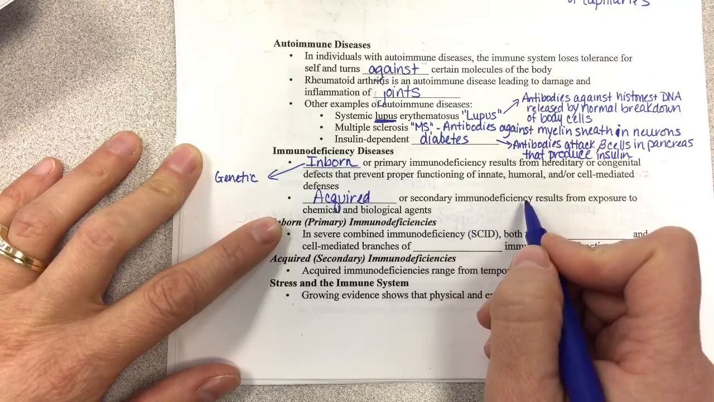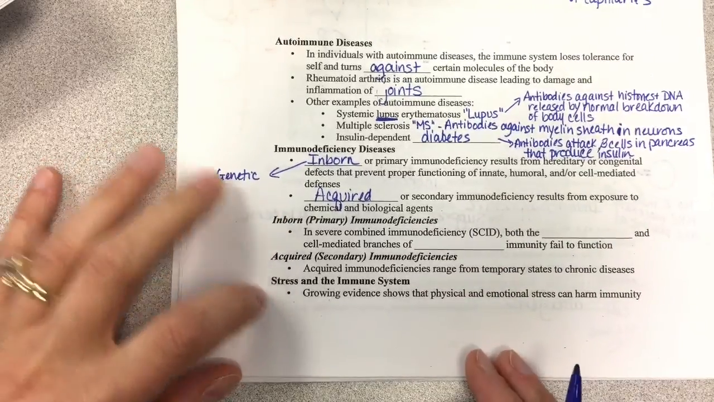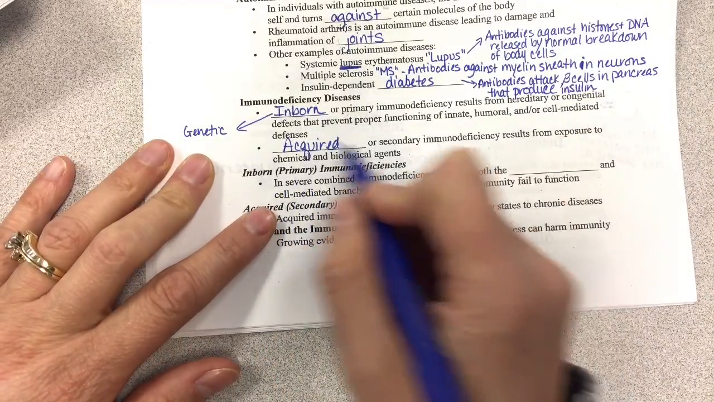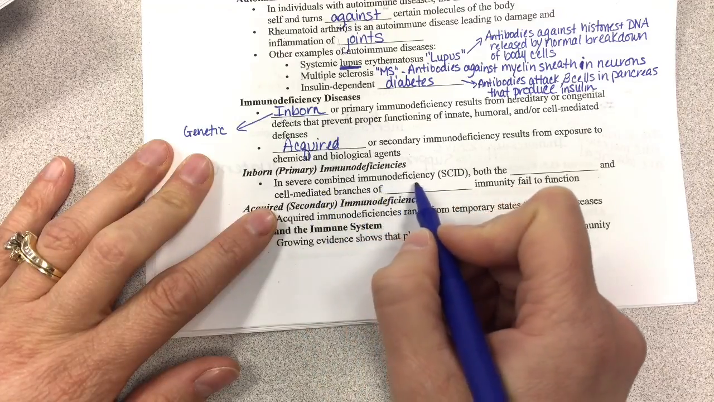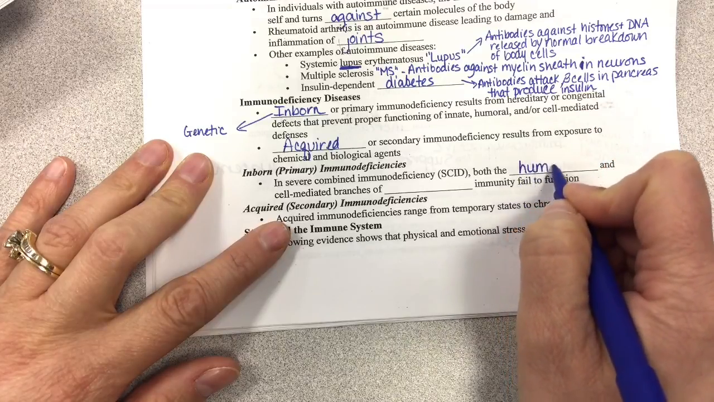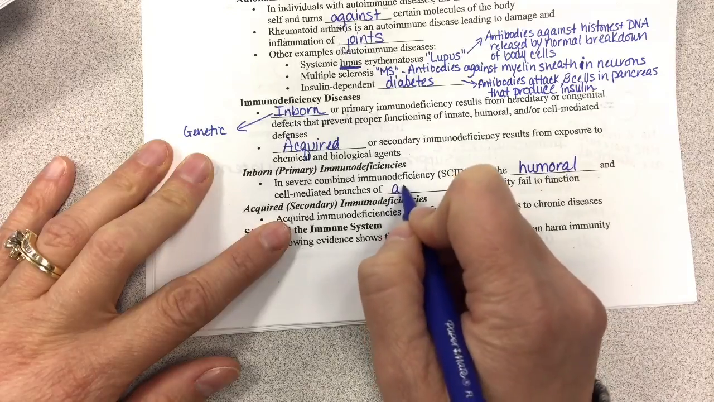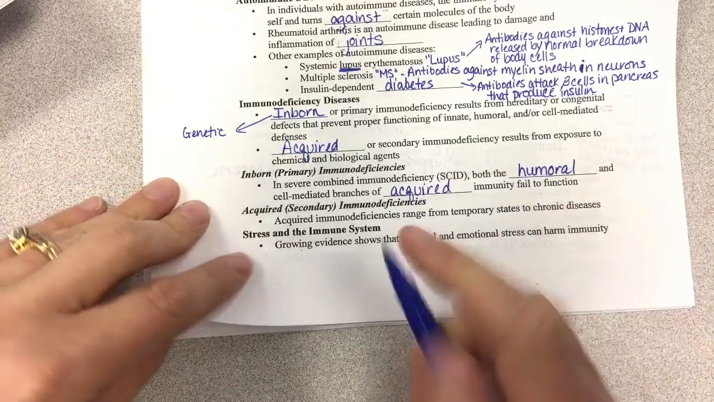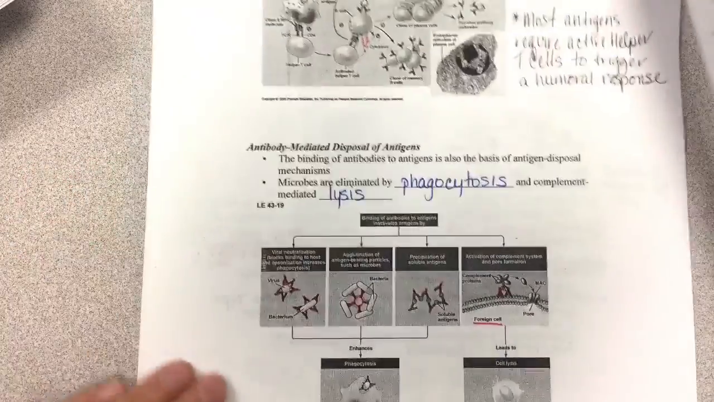So your immune system becomes deficient after you're born, sometime within your lifetime. An example of a primary or inborn, or genetic, immunodeficiency is severe combined immunodeficiency, where both the humoral and the cell-mediated branches of acquired immunity fail to function. This is a really big deal because that really means that basically, let's go back here